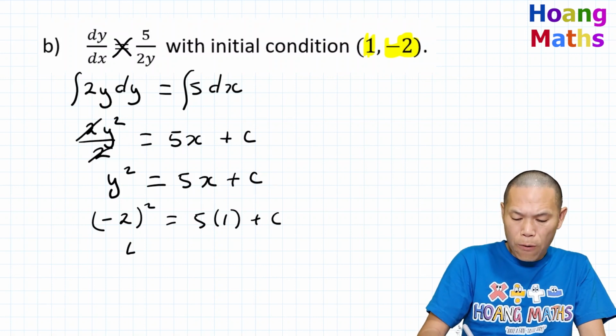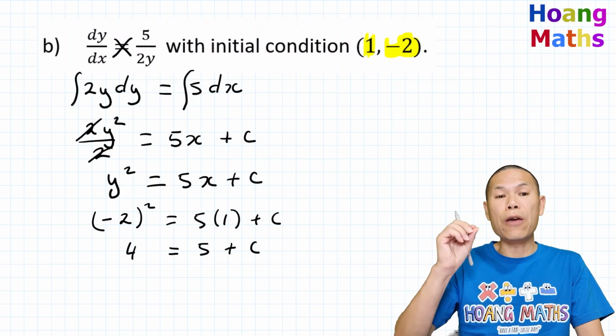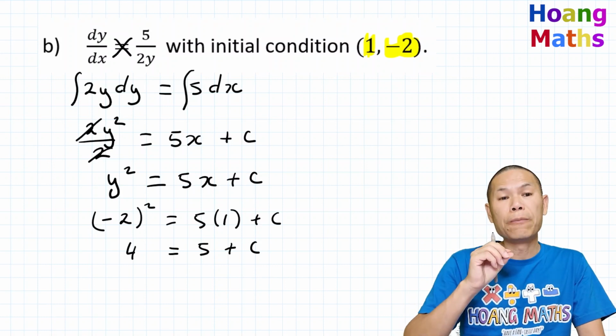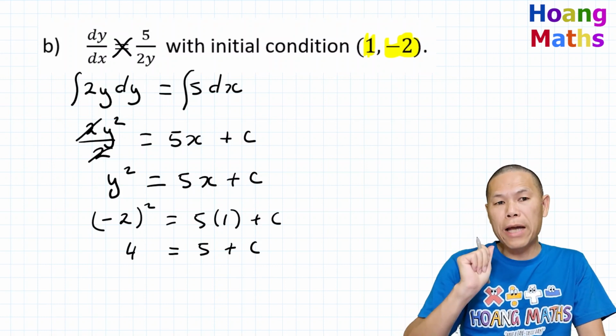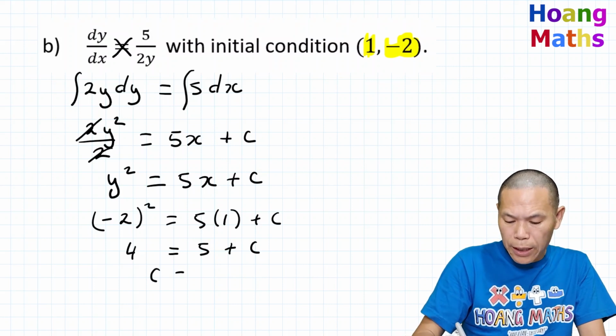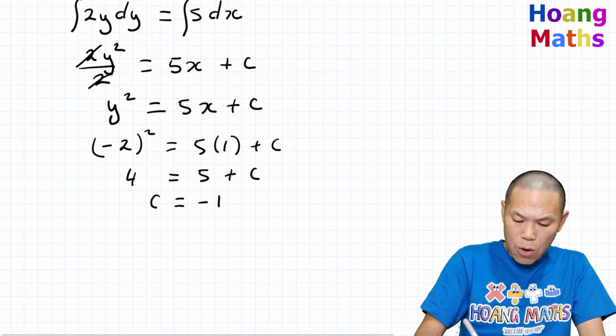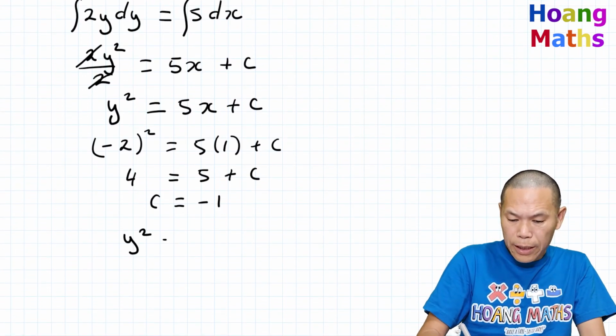So that means 4 is 5 plus c. So therefore, I move the 5 to this side. That becomes 4 minus 5, so that gives me negative 1. So c is negative 1. So there you go. So this means that y squared is